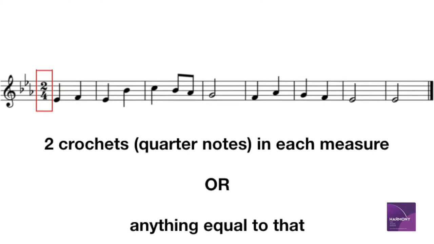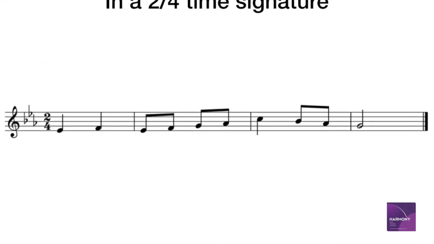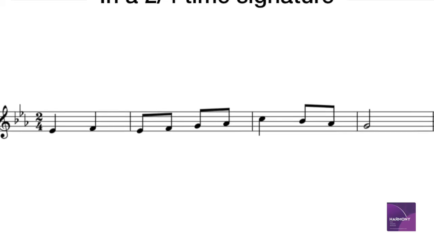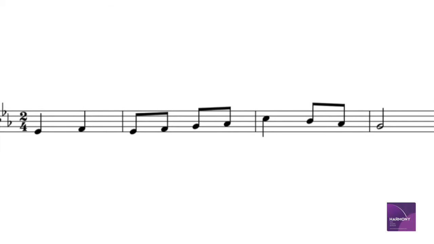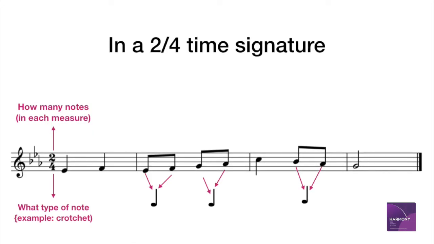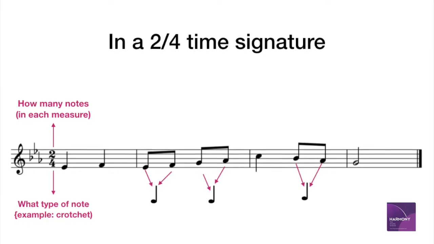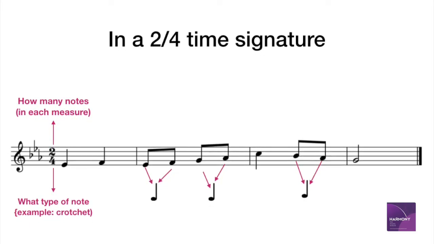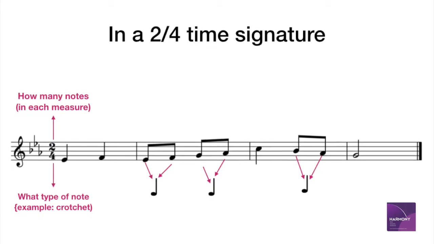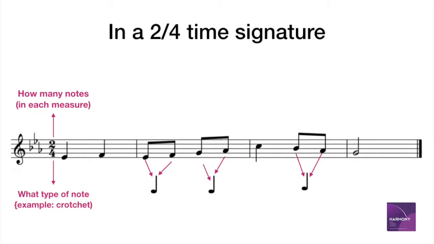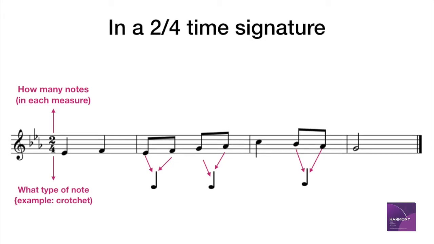So perhaps 2 quarter notes or 4 eighth notes or quavers, or 1 quarter note with 2 quavers, because 2 quavers or eighth notes make up 1 quarter note. So the top number will always tell me how many, and the bottom number will tell me of what kind of note. So anything equal to 2 quarter notes has to fit in each measure if that is what my